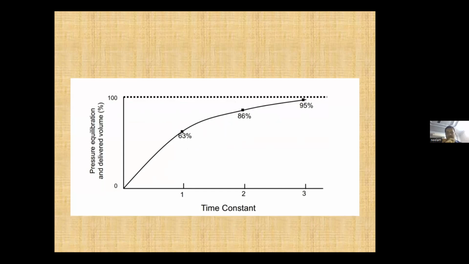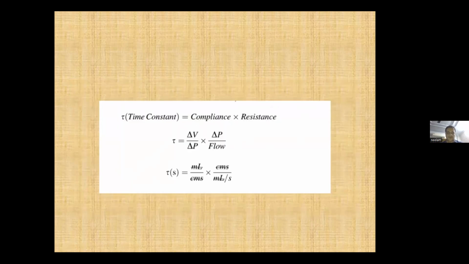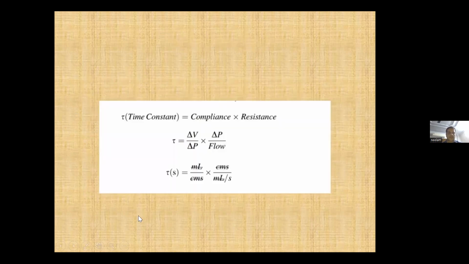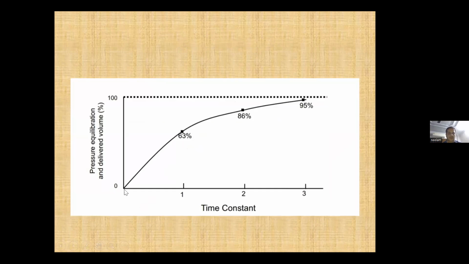Now this is again a very important concept. So time constant, I told before also, usually takes 3 to 5 time constants for adequate TI or TE. Okay, so what does it mean? If you see this graph, if you have changed any pressure, this is my target pressure change. Suppose my target pressure change is 20 centimeters of water. So if I want the pressure change to reach the distal alveoli,